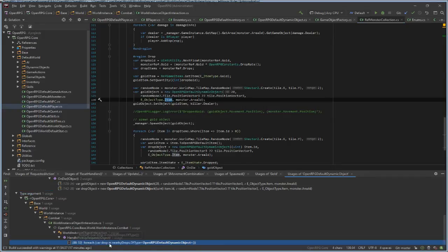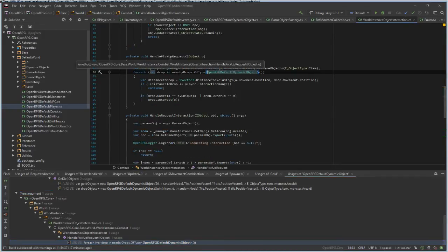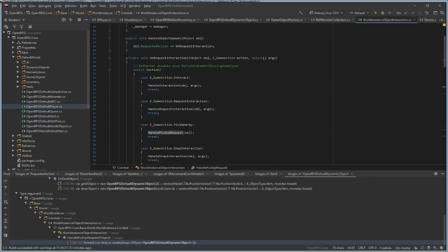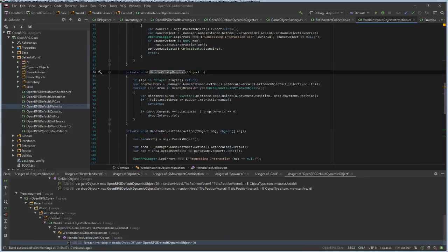What else? Yeah, nearby. See this backup request. If you go anywhere in the map and press the space button, you just call this method, and this method finds all nearby objects.